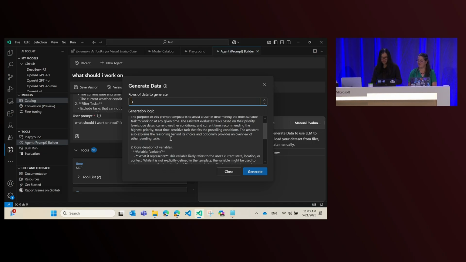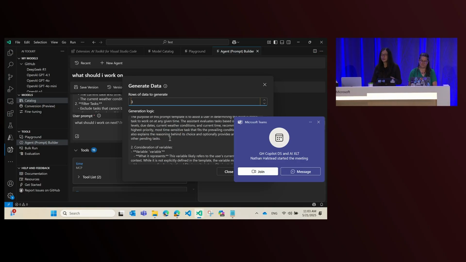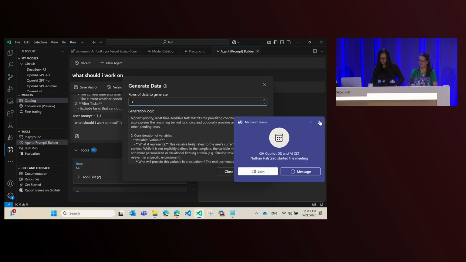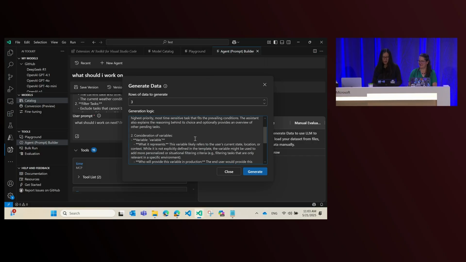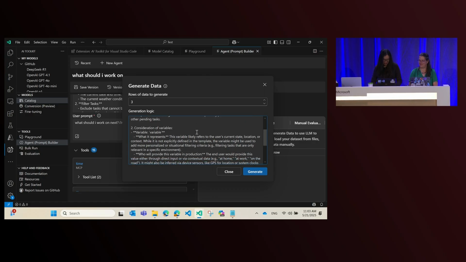So for time's sake, I'm just going to say generate 3 rows. AI is smart enough. Our tool has analyzed my system prompt, analyzed the variables I have defined, and is trying to figure out what it should generate. OK, so I just say do US cities only.